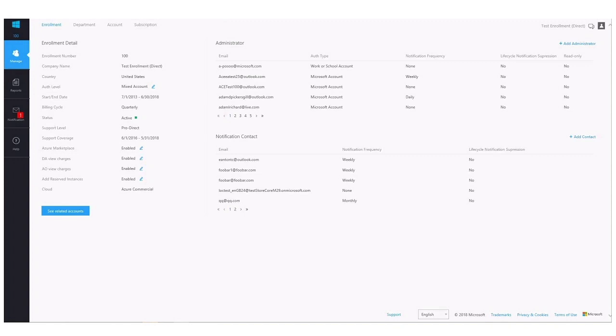Each subscription is just a container for your Azure services. After you create the subscriptions, you access those subscriptions via the Azure portal, and that's where you actually deploy your technical services, whether those are VMs, app services, backup, site recovery, whatever the case is from a technical perspective.